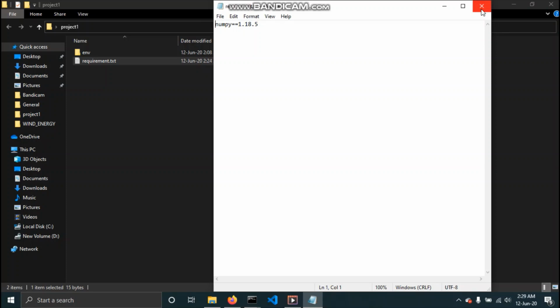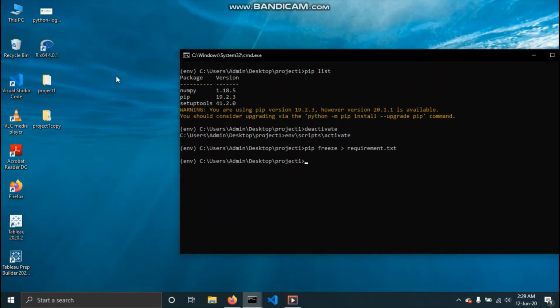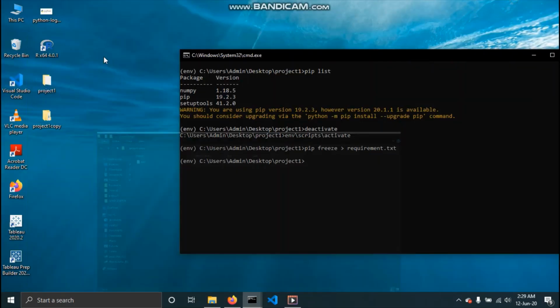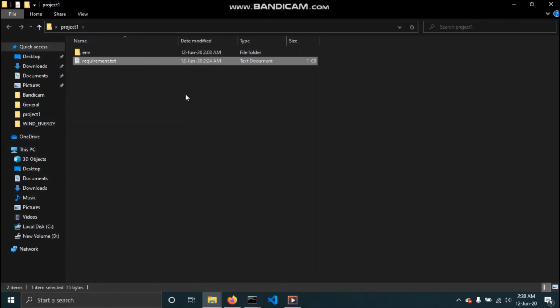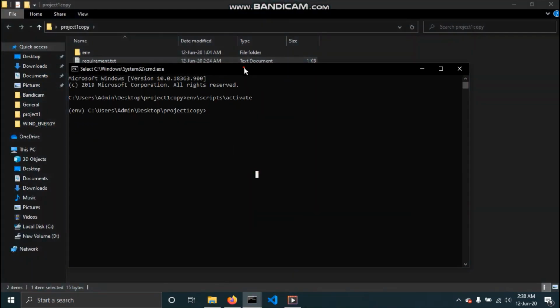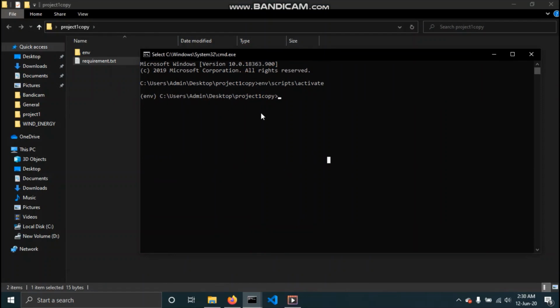Now let's see how you can use this requirements.txt file to share the packages and their versions to another project. Over here I have created a project one copy. Let's just open it, and let me first just copy the requirements.txt file to this location. And now I'll open the command prompt, and I have already activated the virtual environment here. To install the packages using the requirements.txt file, you need to type pip install -r and then the name of the requirements file. So it is